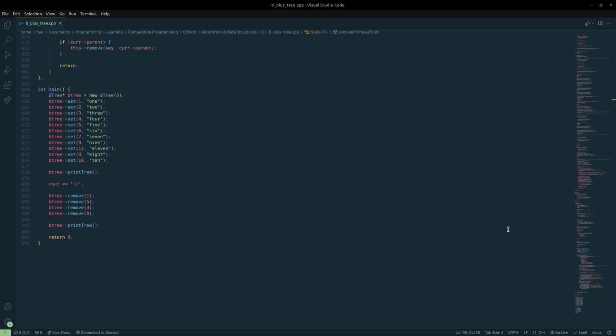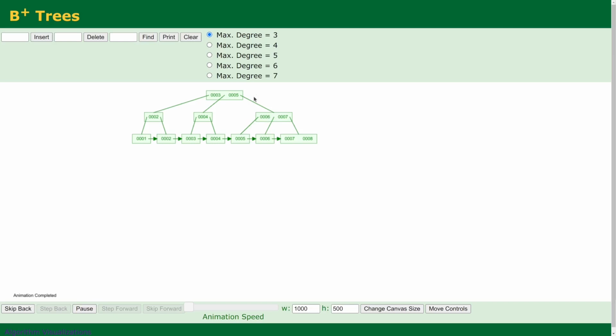And to explain the BPlusTrees, I have some resources pulled up here. So here's what a BPlusTree looks like, and this is on a BPlusTree visualization website, which I'll link in the description below. But essentially, you'll notice that there's a degree with it, which I'll get into more in a second. But here's the tree, right? So I just inserted a whole bunch of stuff earlier, and here's what it looks like for a degree 3